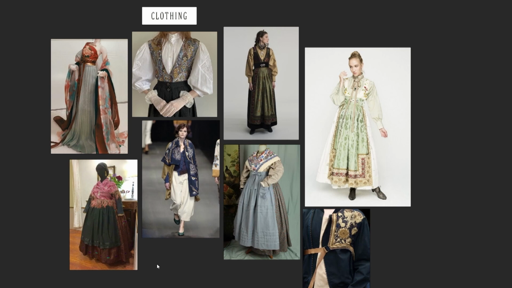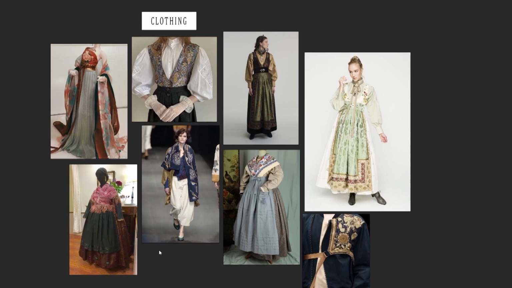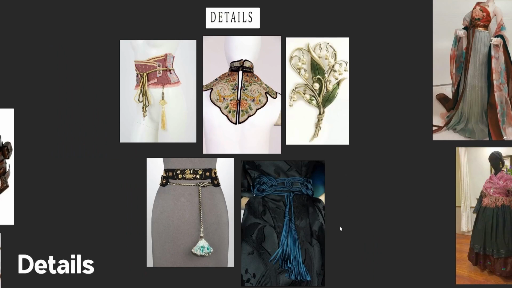I also tried to keep the palette contained to just neutral colors, earthy and muted. Even if the clothing is wildly patterned, it doesn't feel too luxurious as a result because of the muted color palette. So I hope it's a good combination for that reason. Here are a couple detailed images. They're more like an add-on to the clothing section. These are a couple items that just sparked general inspiration for me. I love these braided elements and fringes here, and I think it could be a nice addition to the design.